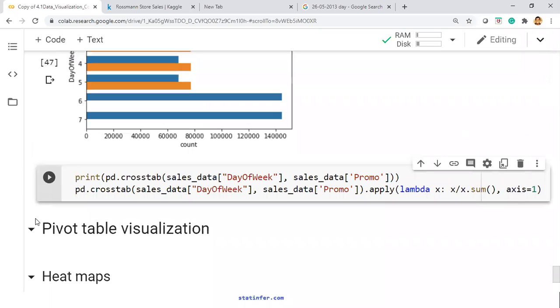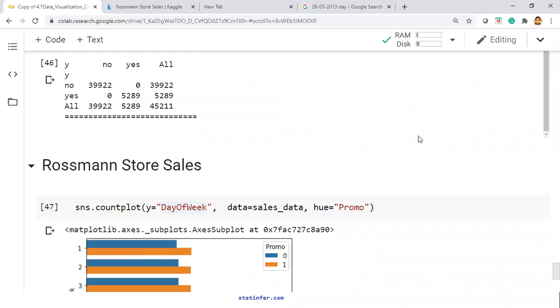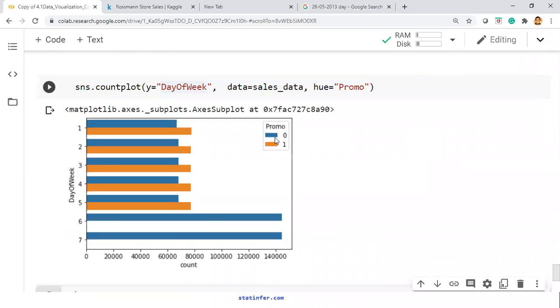So most of you are saying yes, they are related. Promotion 0 means there is no promotion on that day. Promotion 1 means there is some promotion. So day 1, Monday, Tuesday, Wednesday, Thursday, Friday. On Saturday, not even a single promotion. Saturday, Sunday, you will not get promotion. No discount on Saturday, Sunday. Zero, absolutely zero. Can you see that?